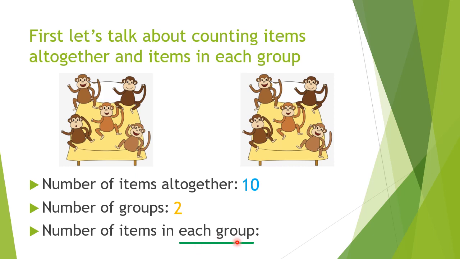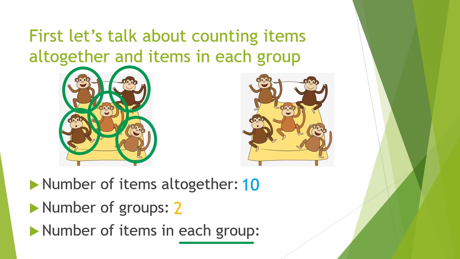So, one group artinya satu kumpulan. Dalam satu kumpulan itu, so we choose one, this one. So, one group, we count the number of items. Itemsnya last time is the monkeys. So, count the number of monkeys on one bed. We have 1 monkey, 2 monkeys, 3 monkeys, 4 monkeys, 5 monkeys. So, number of items in each group is